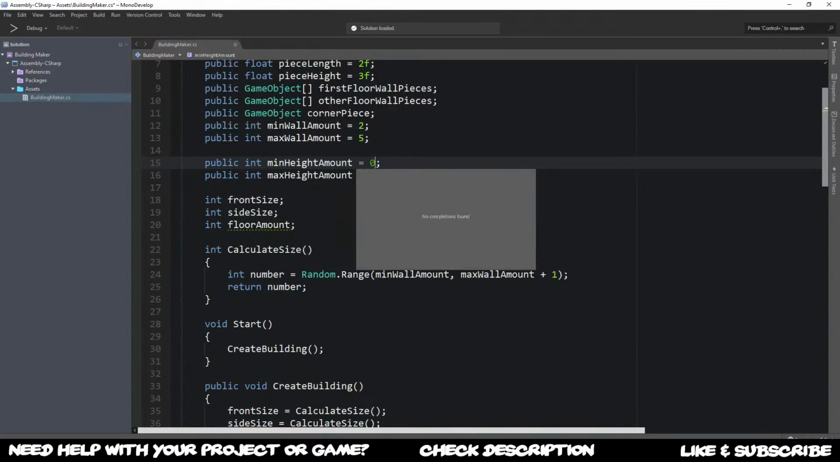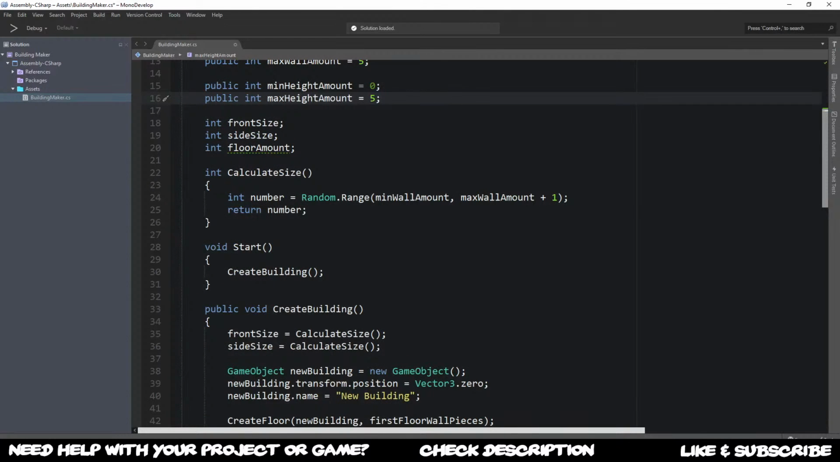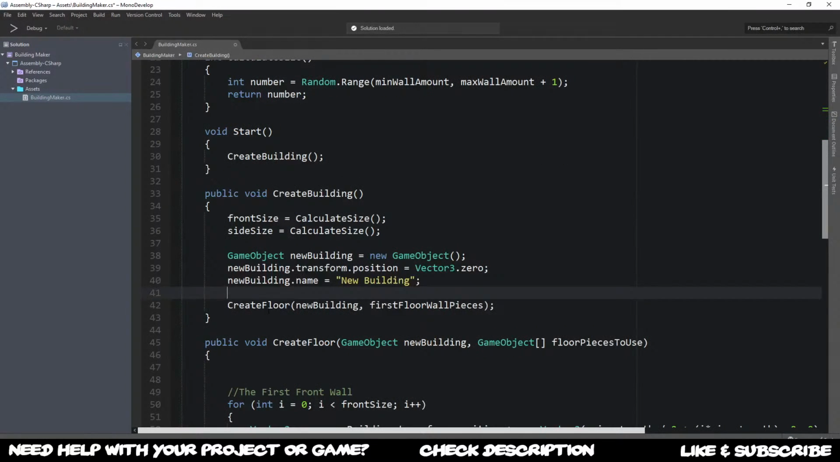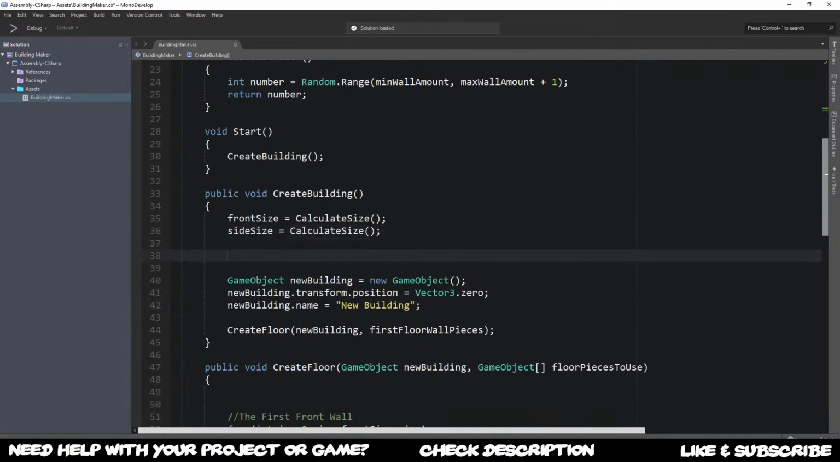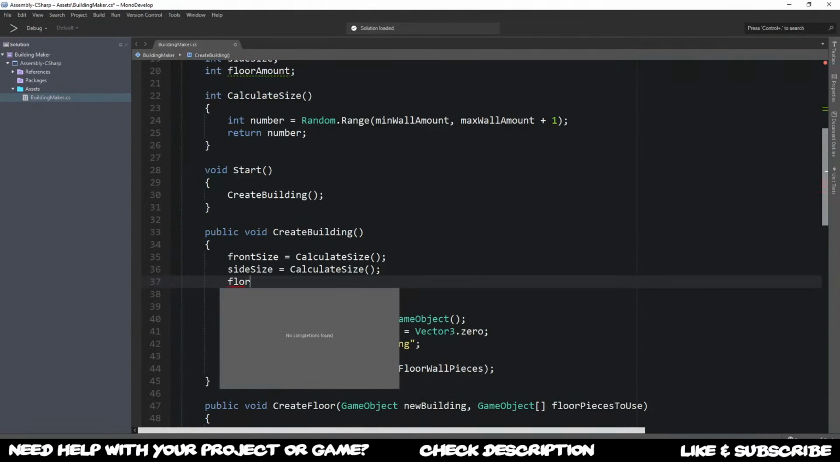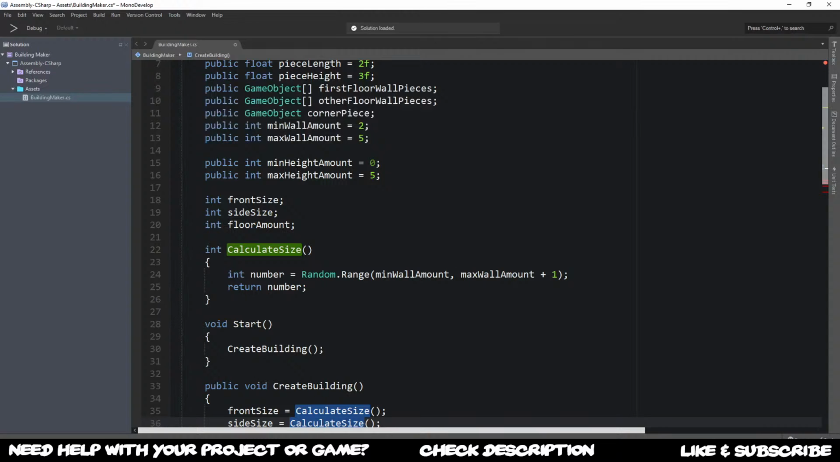So literally we should put in maybe a 0 as being a smallest amount. Not quite sure we'll get there once we are struggling with the iterations through that. So what we want to do is set our floor amount. And this one is equal to, and now we don't use calculate size because it uses a different minimum